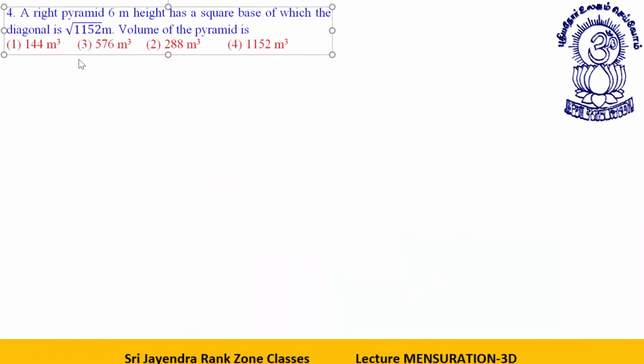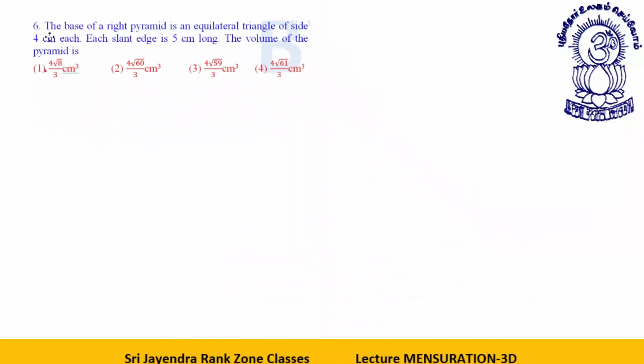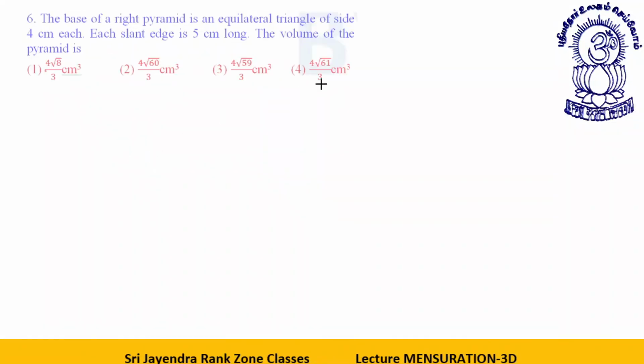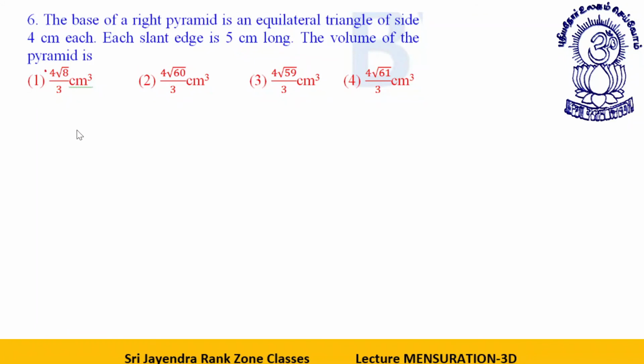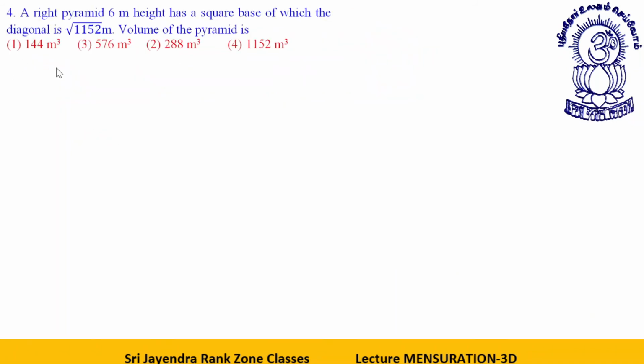A right pyramid 6 meter height. A right pyramid, first of all, height. Height is equal to 6 meter. Has a square base with diagonal 1152 root 2. See, diagonal of any square is s root 2. This has been given to you as